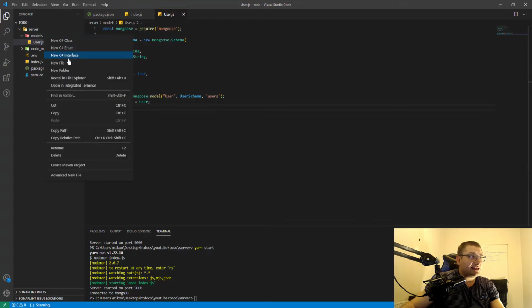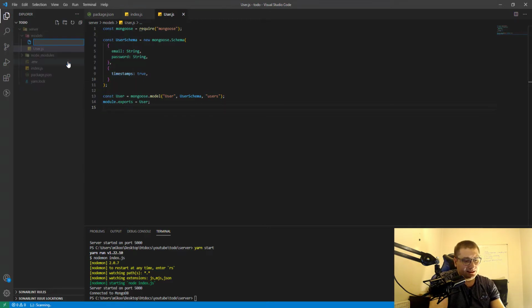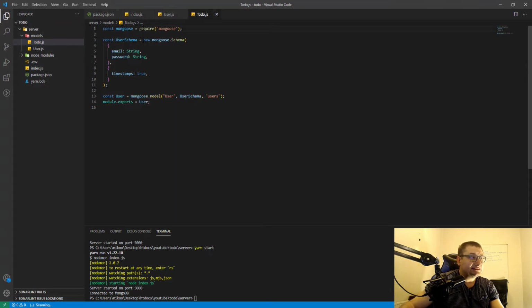So now let's create a ToDo. Let me just copy this one. Control C, Control V, F2 to rename it, and just call it ToDo. And open it, and just do this. Select the user and press Control D many times. Actually, it has to be case sensitive, so let's do it again. So in these, just write ToDo, and here in the collection, write todos,